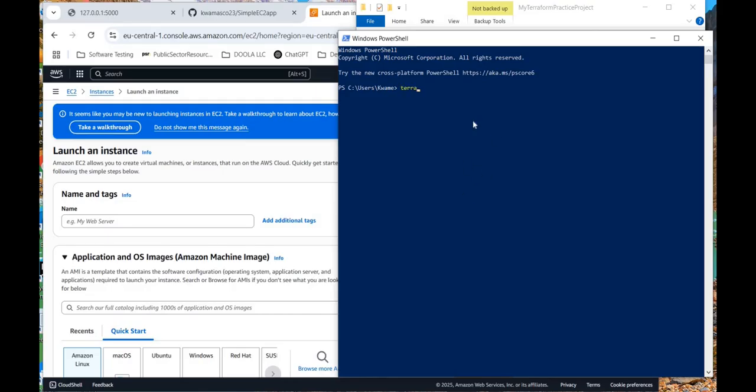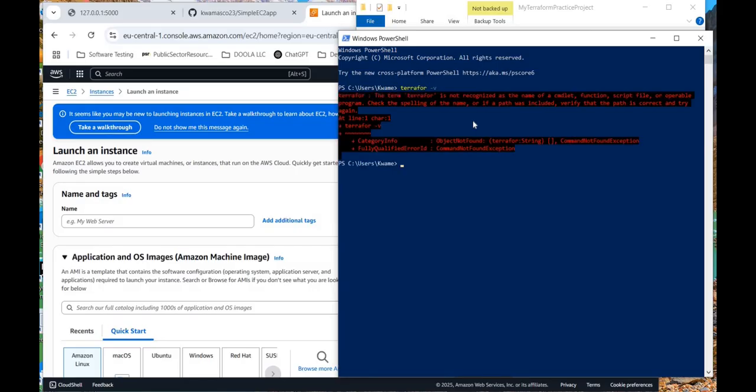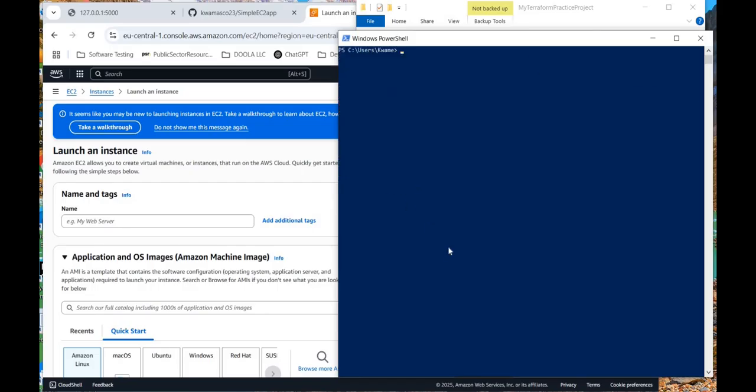So if I do terraform -v, which stands for version, I spelled that incorrectly. So if I correct that here, terraform -version, you can see on here that I've got a version there. So it's clearly installed on my machine. So if I clear that now,